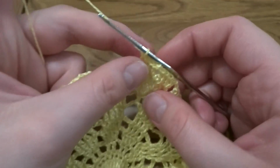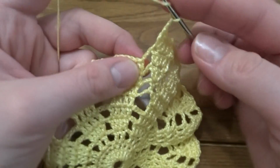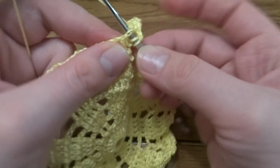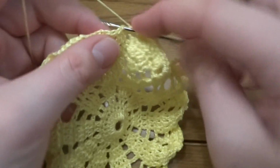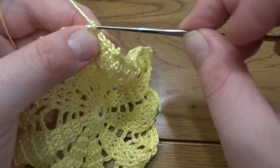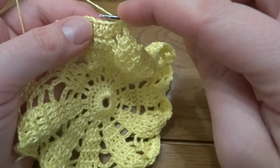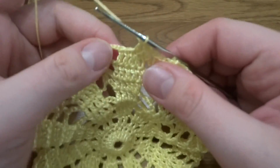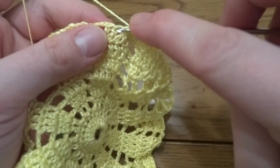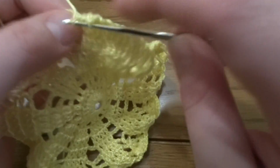and again chain of 2, decrease into the first 2 stitches, 1 double crochet into the next one, and decrease into the next 2 stitches, so into the last 2 stitches,